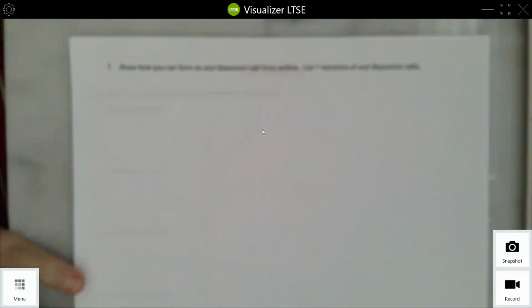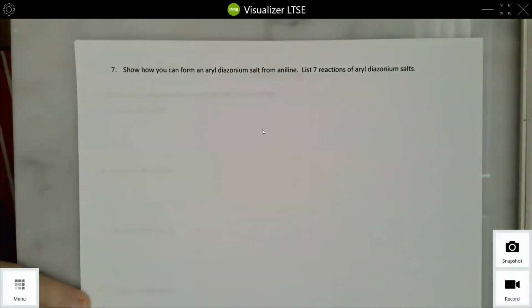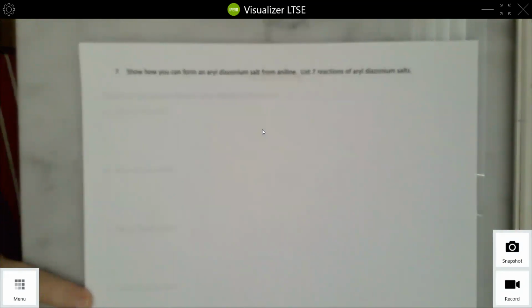Show how you can form an aryl diazonium salt from aniline, and then list 7 reactions of aryl